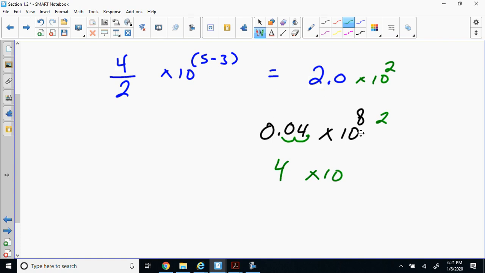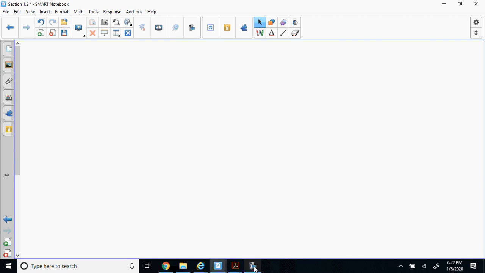Ladies and gentlemen, what did I start out with? And when I put it in scientific, I mean it was, but it wasn't, right? It had the times 10. It kind of looked like it, right? We call that generic. It kind of looked like a generic scientific, right? But when you went from a small number to a what? Big number. So that's two moves that are what? Negative. So I'm going to subtract 2 here, which is going to leave me with what? 6. All right. Now, I don't think there's any more, are there? No. Okay. So